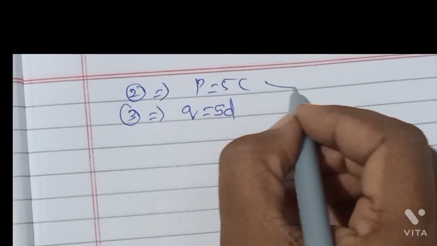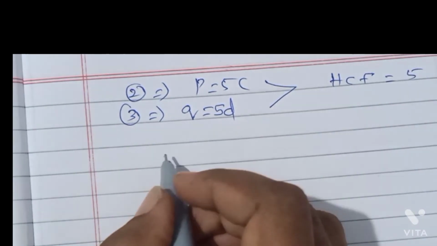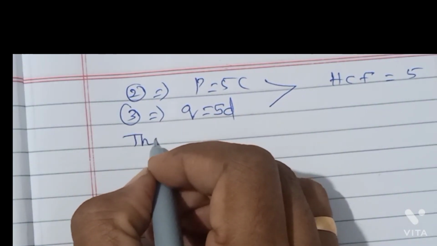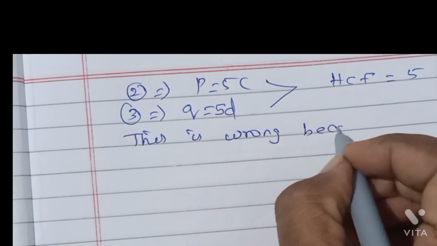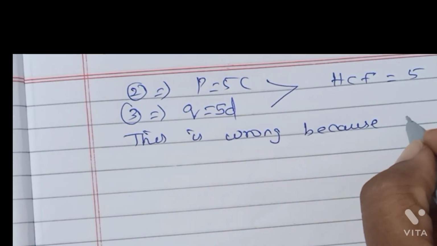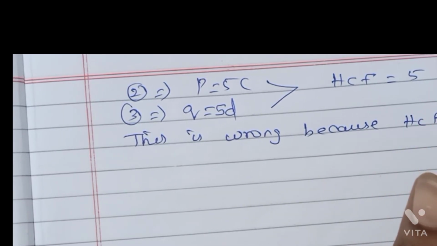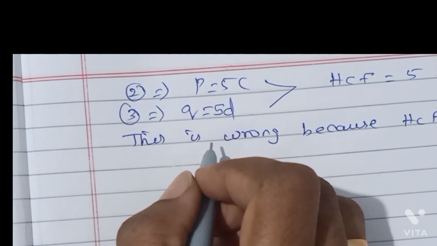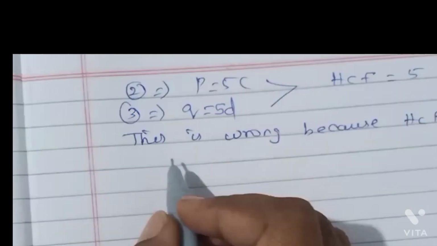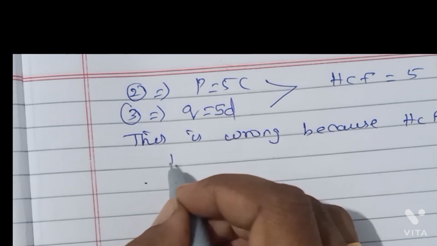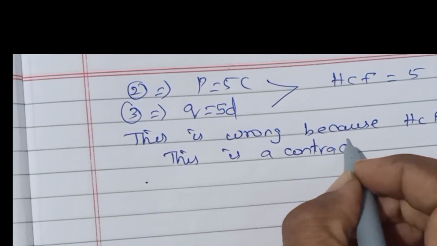So what does this imply? This implies that the HCF is equal to 5. But this is wrong, because our assumption is that the HCF is 1. So this is wrong because of our assumption. So this is a contradiction. That is, this is a contradiction